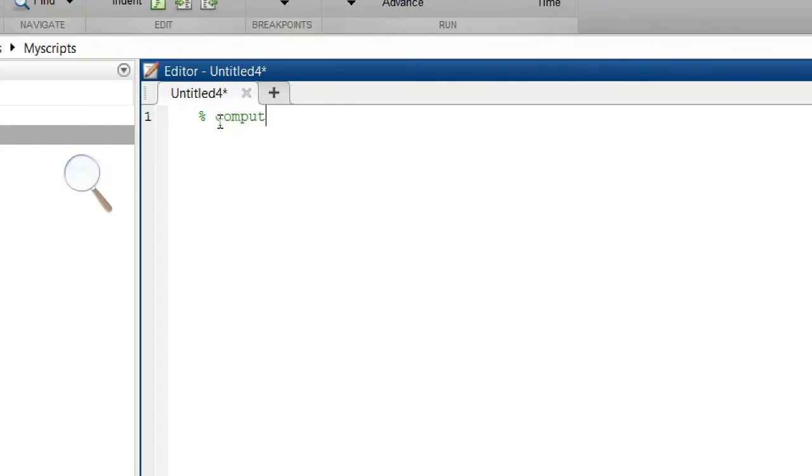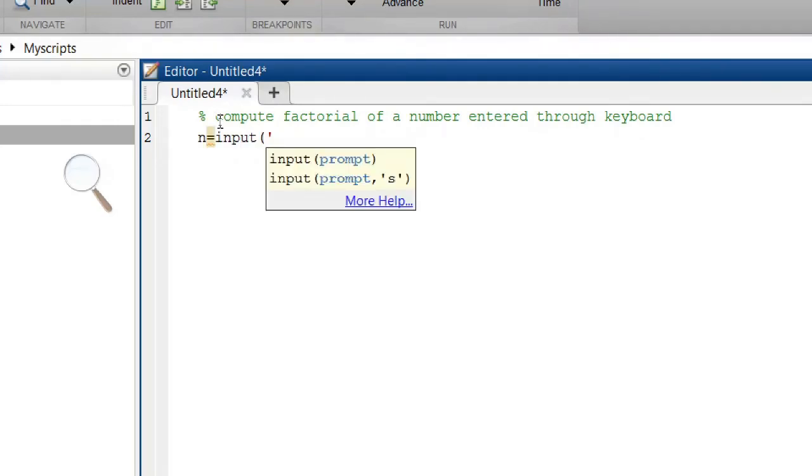Compute factorial of a number entered from keyboard. Let me use a variable n to get the number for which I have to compute the factorial. Input, enter any number,